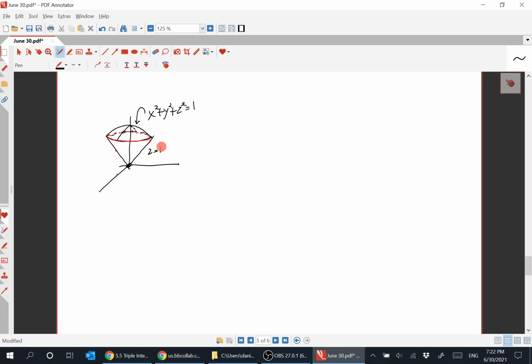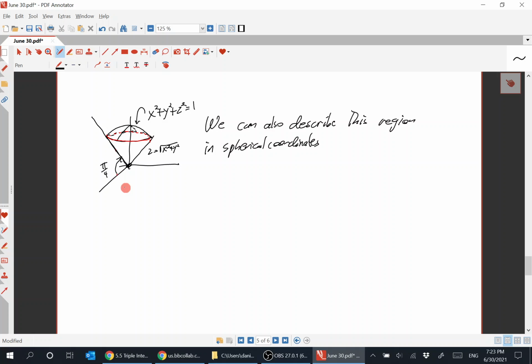So we can also describe this region in spherical coordinates, mainly because the side of the cone is exactly the line of